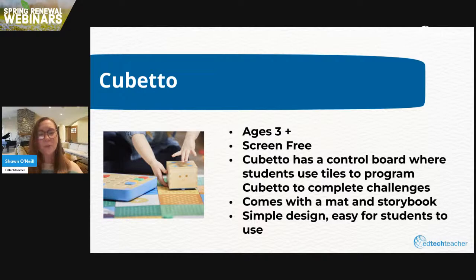And what students will do is they will place tiles, and you can see the red and the green and the blue tiles. Each of those tiles stands for a direction. Students actually place the tiles into the board, the control board, and then there is a run button to run the code. And then through Bluetooth, that code is sent to that adorable little cube, that's Cubetto, and Cubetto will